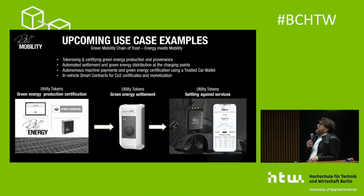So what does it mean basically? First of all, an outlook for this year. We talked about sector coupling. Together with green energy, we will notarize green energy at the source of production, the solar park, and we will then make it available to e-vehicle owners in Vienna so that they can get a certificate when they are charging that they are charging green energy. Of course, it doesn't mean that the solar park is connected to every charging station in Vienna, so there is a mass balance going on internally,